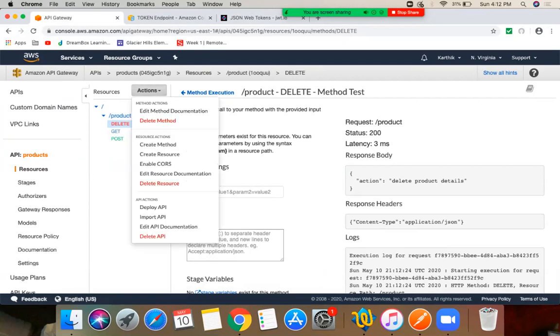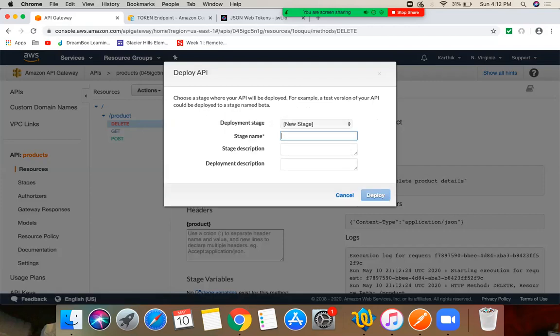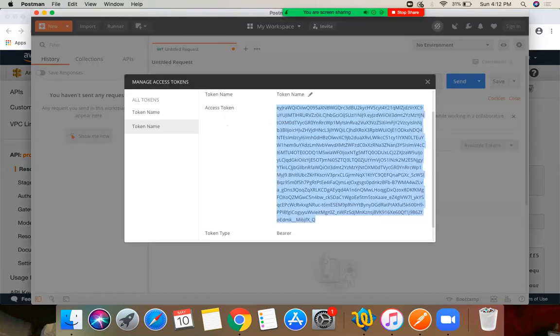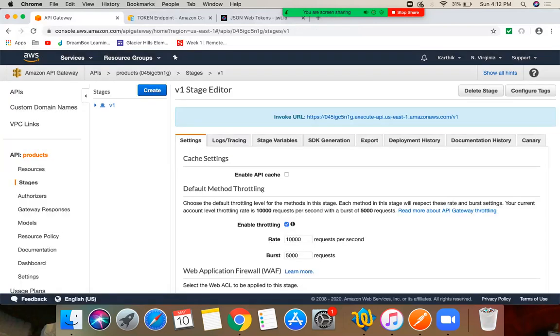Now the next step is to deploy this API in the API gateway. So you can go to deploy API. So you can give a stage, something like V1, which is like the version 1 of this API. So you can go here and you can deploy this. So once you deploy, you will get a URL for that particular stage. So you can copy that URL